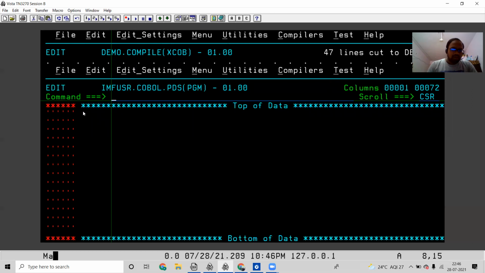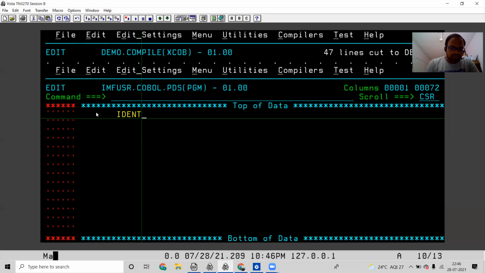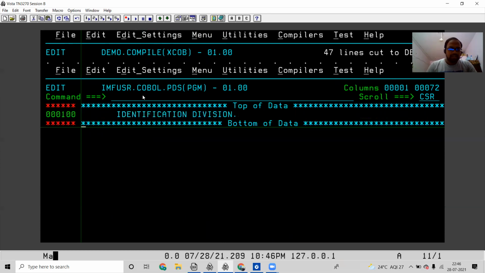So the structure of the COBOL you need to remember. First 6 columns, 1, 2, 3, 4, 5, 6. This is sequence. And 7. We need to use this 7th one also. Now we need to start with the 8th field. Here divisions. First division is identification division. Each and every time we need to end it with the period. Don't forget to keep the period. If you forget the period, you will be getting error here. So IDENTIFICATION DIVISION.